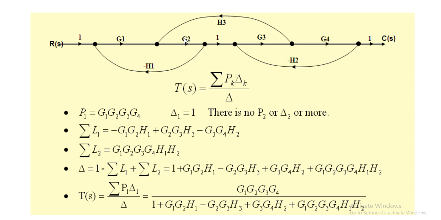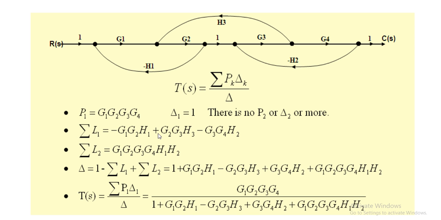Where is the second loop? I can say the second loop will start from here and it will go like this. Starting from this node and ending at this node. So it will go like this, like this, like this, and it will come like this one. So if you see the gain of this loop, it is G2 into G3 into H3. So the gain is minus G2 G3 H3. Similarly, there is another third individual loop. It will start from this node and it will end at the same node. So that's why I can say that this is another third loop that we are having. So we can say that the gain is G3 into G4 minus H2.